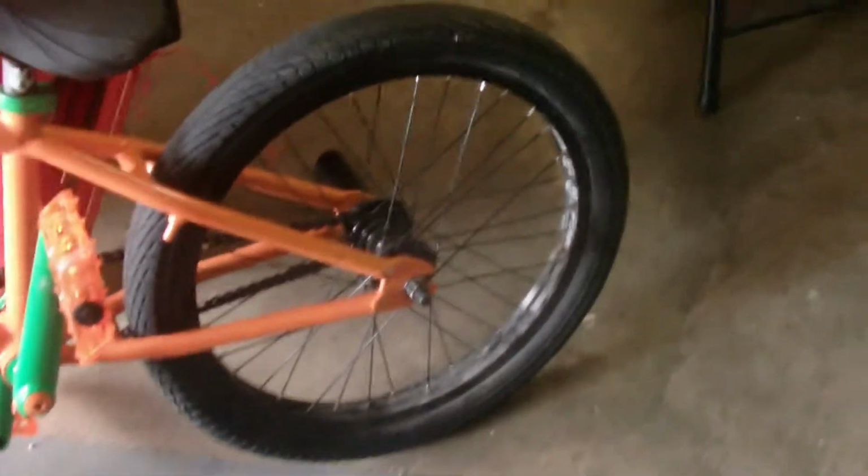It's got Salt cranks, Profile Racing bearings, Odyssey Twisted PC pedals. Got an Alienation PBR on the back, generic hub, generic pegs on front and back, generic front wheel, Kenda tires, DK bars, DK forks, DK frame, DK stem, Kink fork bolt,